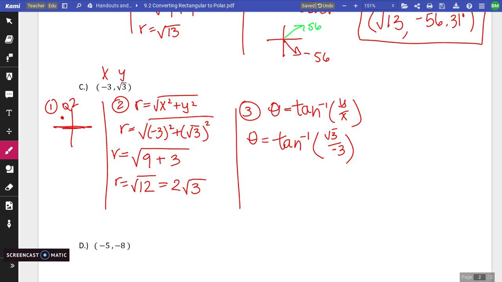That happens in 2 places on the unit circle. So the 2 options we have are 150 degrees or 330 degrees. Now remember, we want to be in quadrant 2. So that means we're going to eliminate 330 and we're going to use 150 degrees to stay in quadrant 2. So my final answer, 2 root 3,